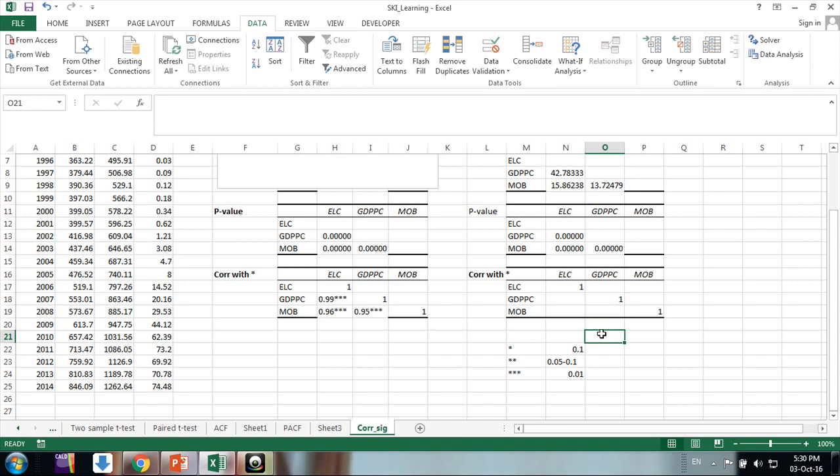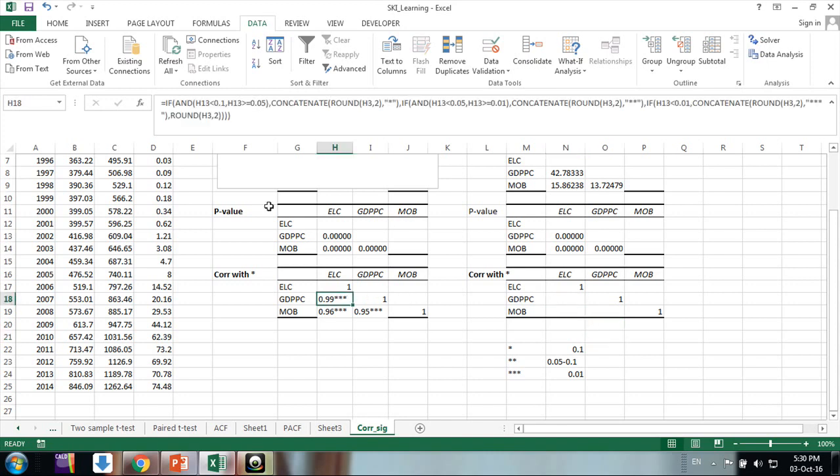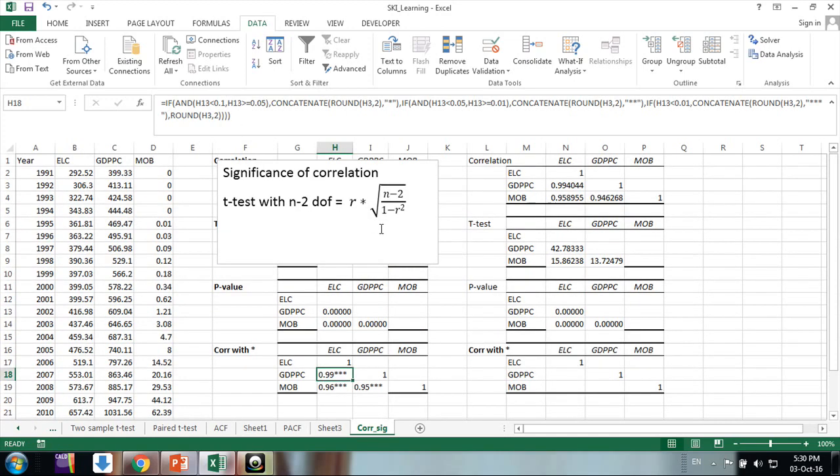So now what we need here is a thing like correlation. So this is a formula, friends. First I need to describe it. I'm just giving if commands. If our H13 is our p-values here. So what am I saying here?